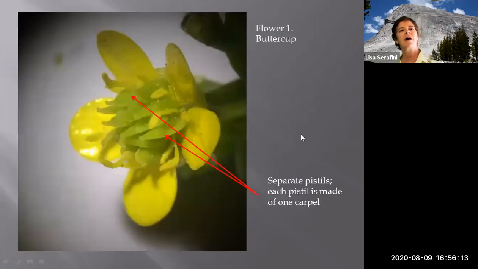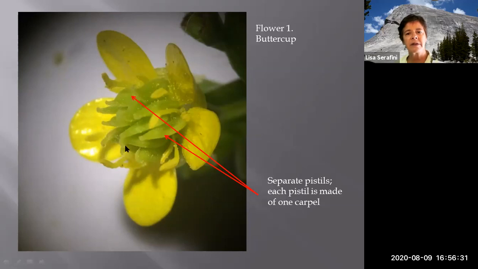So if you are in field botany, you can stop viewing this right now. But if you're in plant biology, we're going to use this for your lab. So I just want to go over some of these different flowers so that you can look at them in more detail. Here's a buttercup, and I already mentioned that we have a lot of